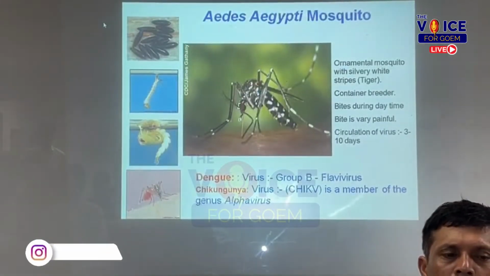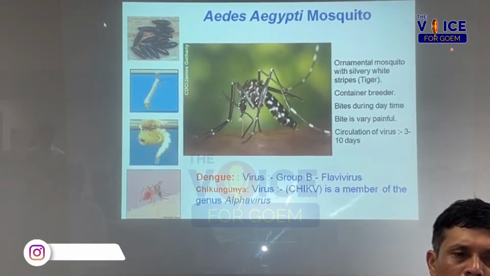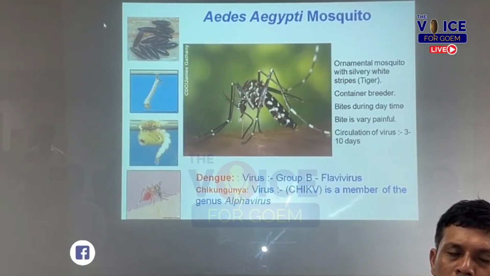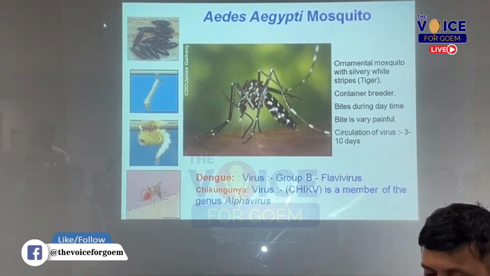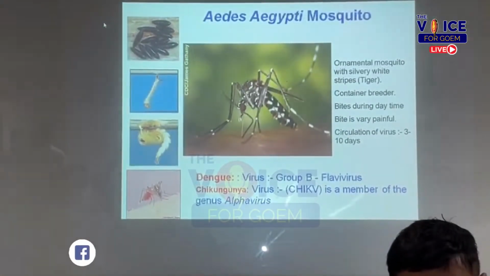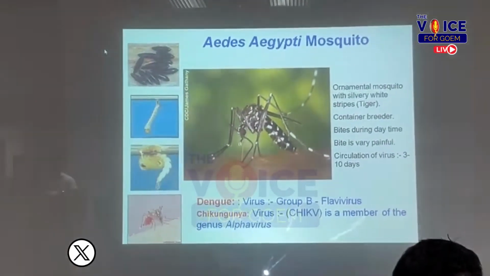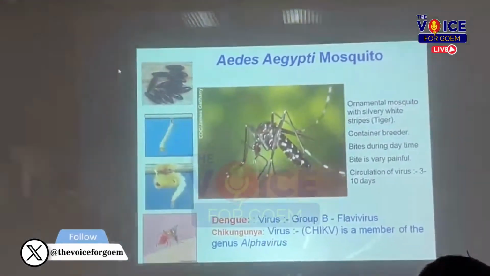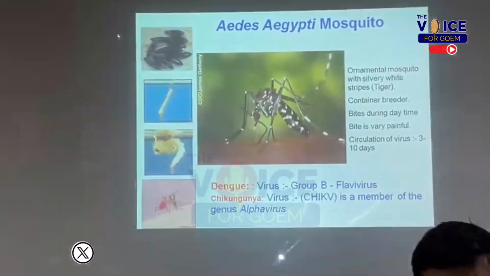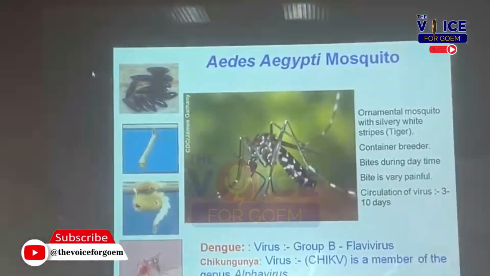Next. This is the Aedes aegypti mosquito which spreads dengue. It's called a tiger mosquito because of the white and black stripes, and it's a day biter. Usually it's most active 2 hours after sunrise and 2 hours before sunset, as compared to the mosquitoes which spread malaria. These are called day biters. The bite is very painful, and many of you might have already experienced it. And also it's a very nervous kind of mosquito. If you swat it, it will go and bite many people.